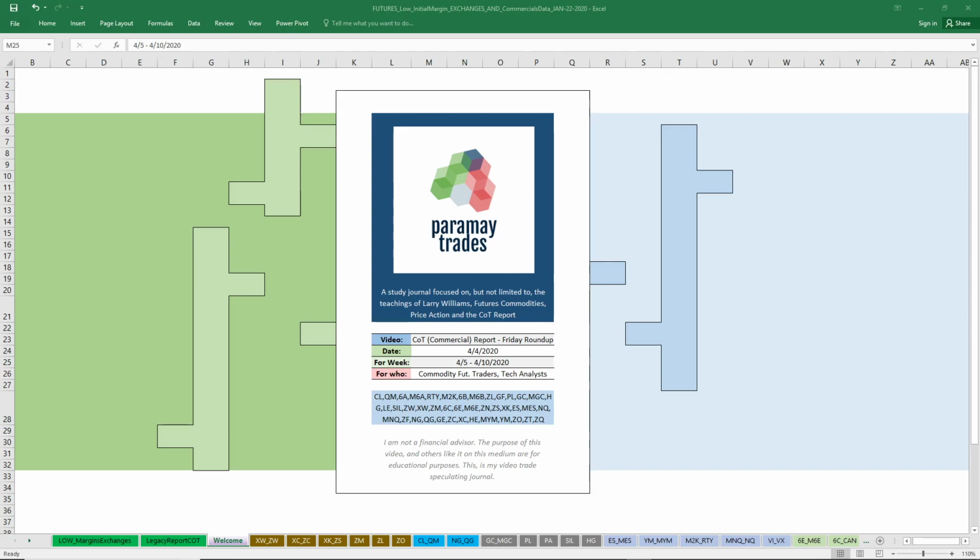And today we're going to look at commercial interest, the CoT Report, Friday Roundup edition. Something we do every Friday. We download our information from Barchart and import it into this report. Take a look, see if we can align ourselves in the upcoming week with the profitable side of the trades. And as a leading indicator, just look to see if commercial interest can help us out with market sentiment. You know, where's price action going? So let's just dive right into it.